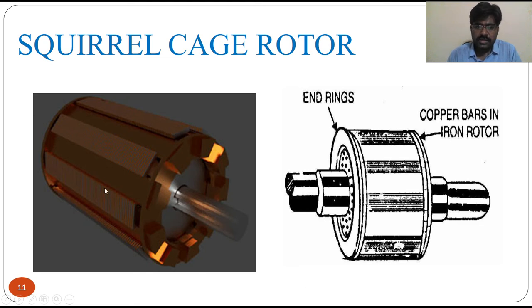See this squirrel cage rotor, these are the number of rotor bars. These bars will be permanently fitted to this rotor. These end rings are there, no? So to these end rings, these rotor bars will be permanently fitted. So you cannot add any external resistance to the rotor conductors here. That facility is not there in the squirrel cage type of rotor, because these aluminum bars are permanently fitted, you can say welded, to the end rings.